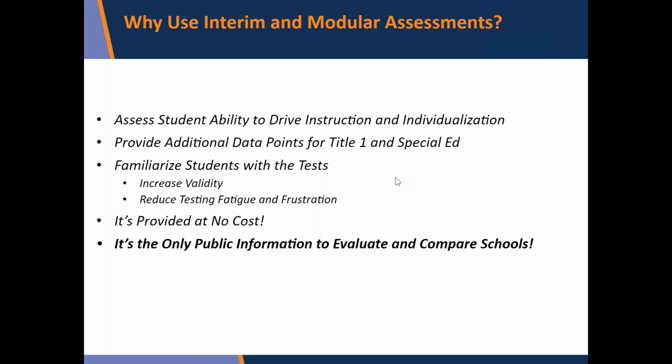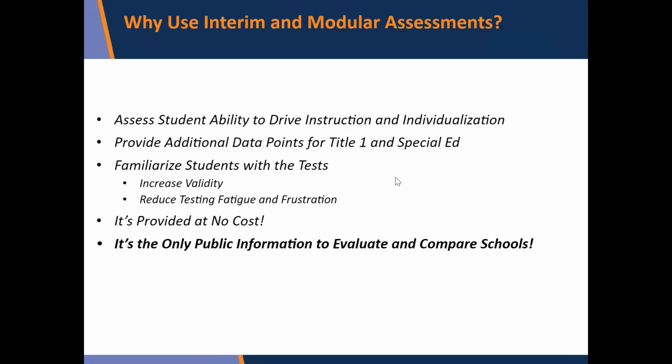Most importantly, and I have to say for Franklin, New Hampshire, this was one of the biggest selling points for us, is it's at no cost. We ran out of a lot of our funding that was necessary for some of our other tests and some of our other materials, and this was something that we could use for free and go into the classrooms and show what the questions are and have discussions about them.